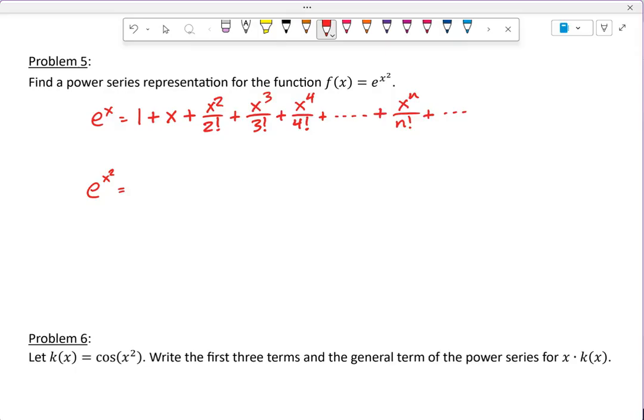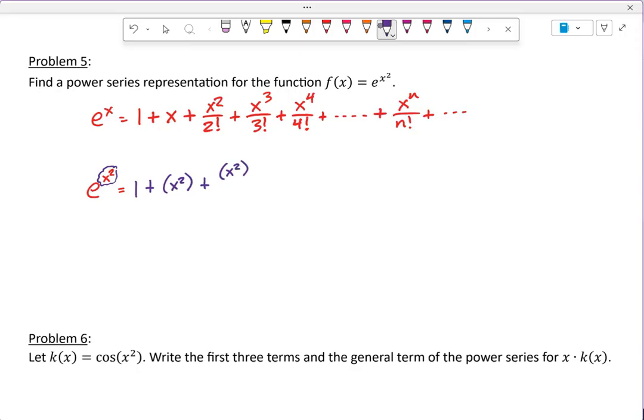We don't want to just square the x, because that would mean that all I'm doing is saying that'd be squared, that would be squared, and so forth. And though part of it would be true, not all of it would be true. So not necessarily are we squaring the x, but what am I doing with x squared? We are going to plug it in, okay? And there's a key difference between those. Some places it might end up being the same, but we want to be careful that we're saying we're plugging it in. So that's going to be 1 plus x squared